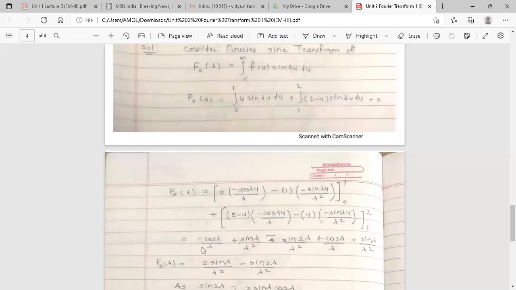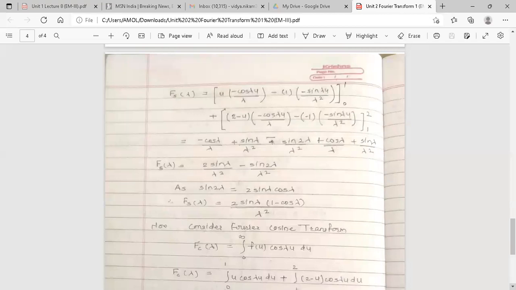Now simplify it. Minus cos lambda upon lambda plus cos lambda upon lambda get cancelled. Then sin lambda upon lambda square plus sin lambda upon lambda square is 2 times sin lambda upon lambda square, minus sin 2 lambda upon lambda square. So this is Fs lambda,